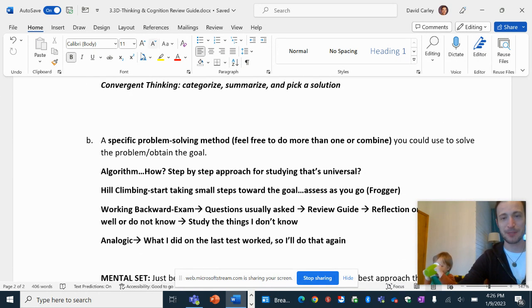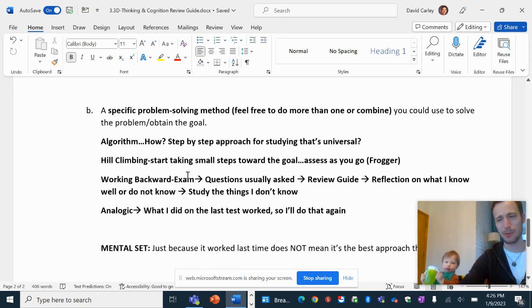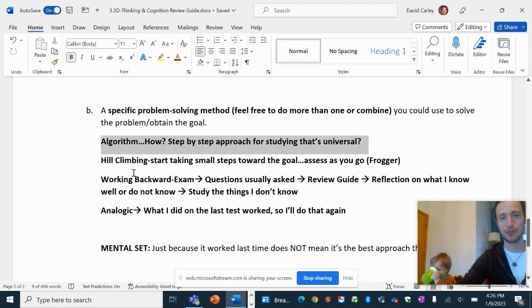So then we would pick a problem-solving method that we would use, or we would just solve the problem. We don't need to pick a method. Usually you do this intuitively. But let's think about algorithm. This would be kind of difficult. How would you do an algorithmic approach? You'd have to have a step-by-step approach for studying. It's universal. There probably wouldn't really be an algorithmic solution to a problem like this. This is a little more complex. So you could do a hill climbing, where